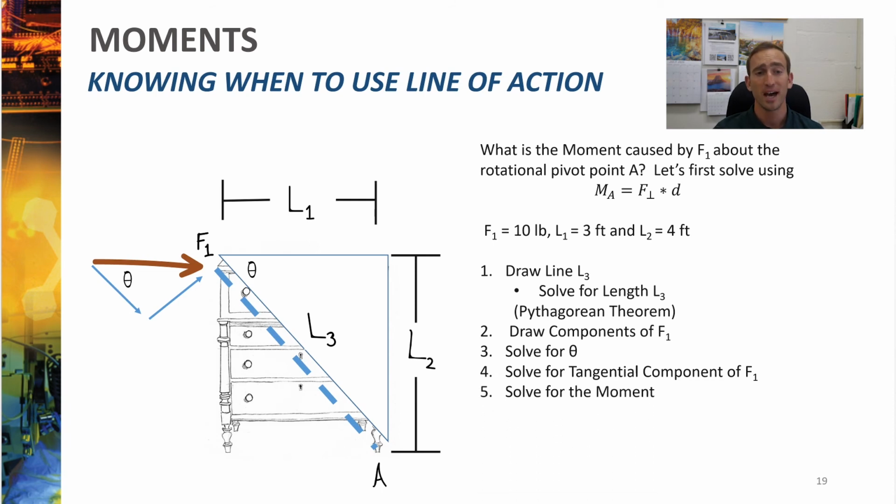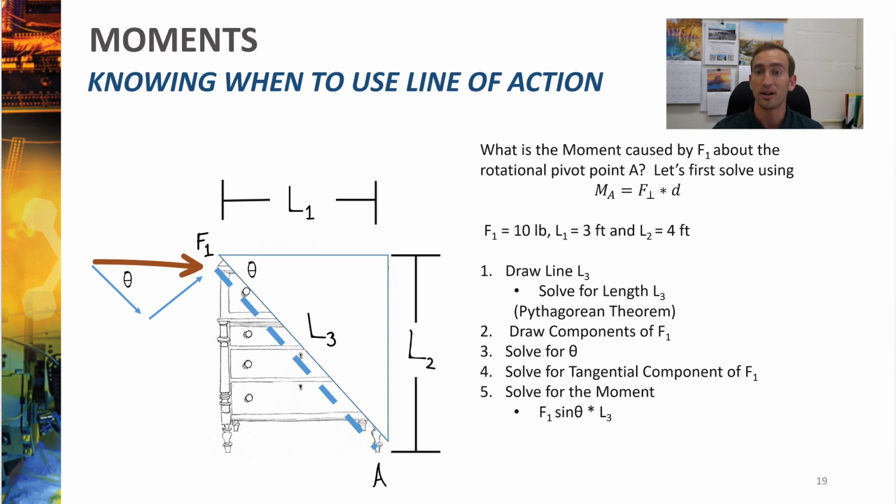So once you do that, your moment becomes F1 sine theta times the moment arm L3. That would be the application of the perpendicular force, F1 sine theta, times the moment arm, L3. That's a lot of work. That's 5 steps. And ultimately, you just get a very simple, straightforward